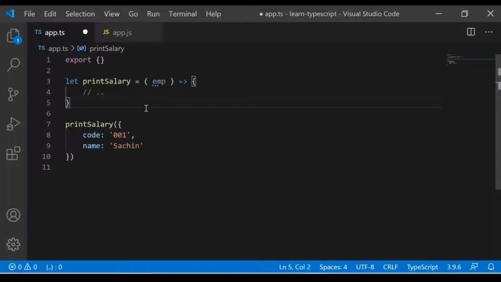So to fix that, we can do one thing, that is explicitly providing the shape of this object inline. So instead of doing it like this, we can write emp_code, okay, so employee underscore code, and one more is emp_name.